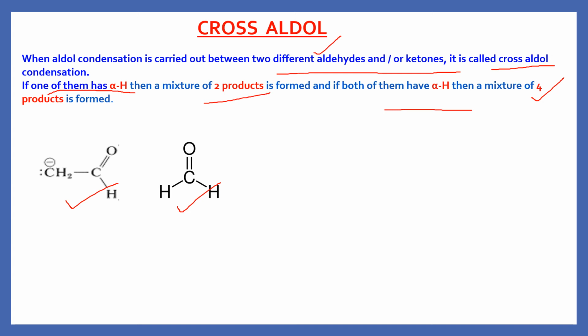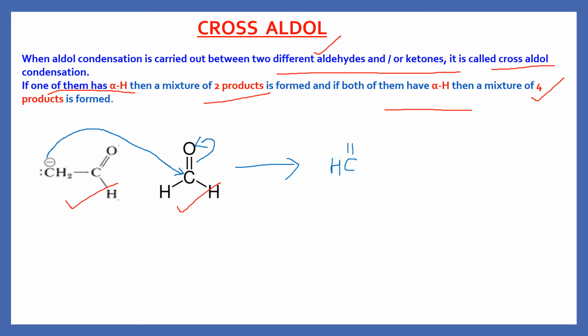This carbon ion, this carbon with a negative charge, is going to attack on this carbon because of its partial delta positive charge, because it is involved in a polar bond, CO bond. And simultaneously this electron density is going to shift here from the pi bond. It will give me CHO.